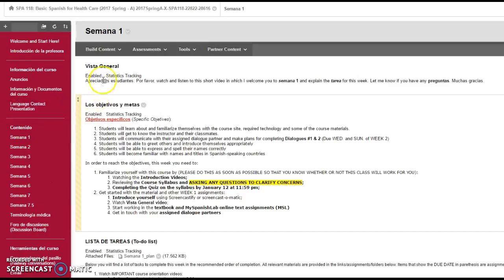Okay. First, you will have a Vista General. There will be a short video that I go over, kind of like what I'm doing right now, but it will be specifically over this information. Here you'll see los objetivos y metas, so you have specific